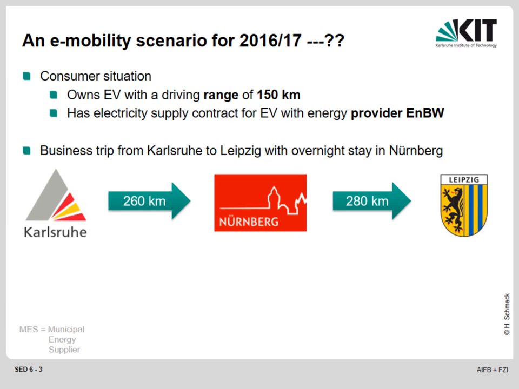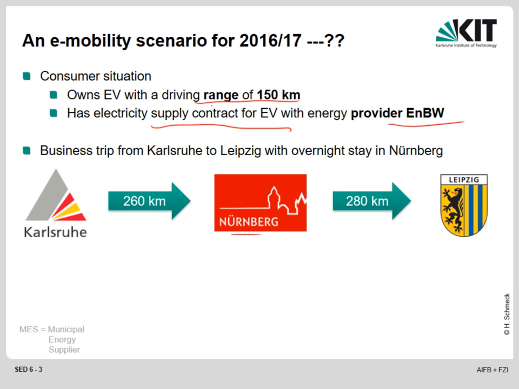You want to make a trip with an electric vehicle from Karlsruhe to Leipzig, and you have an overnight stay at Nuremberg, and the car you have has a driving range of 150 kilometers. Now, there you have the problem of electric mobility. Unless you're driving a Tesla, where you have 400 kilometers range, the standard electric vehicles have something in the range of 150 kilometers driving range. And the consumer has a contract with EnBW